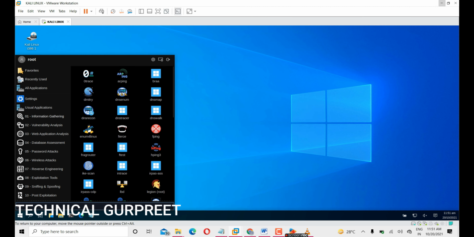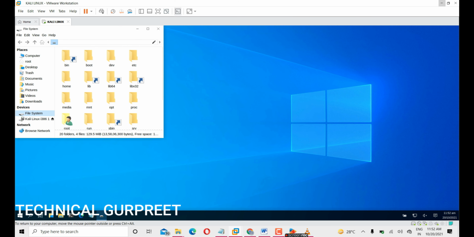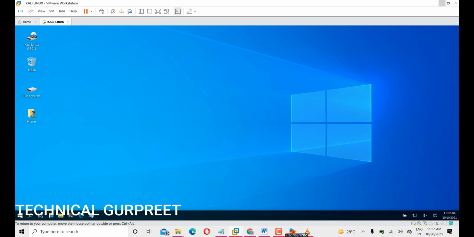So in this case, we can see these icons are similar, and it looks like a Windows command prompt. This is also similar to the command prompt that we have in the Windows operating system. All the folders are looking like Windows, and here we can see maximizing it will have a similar look to the Windows operating system, even the system drive and all the stuff.